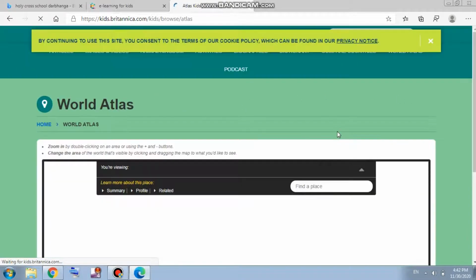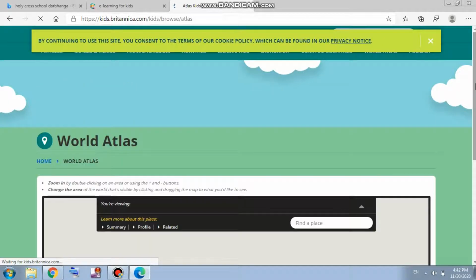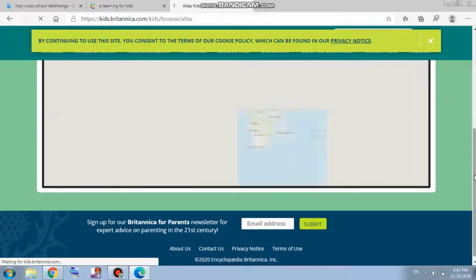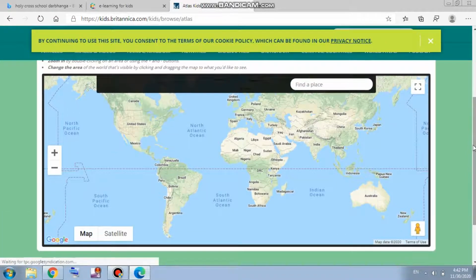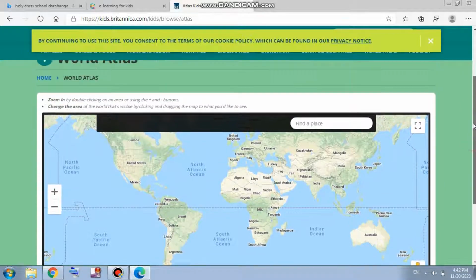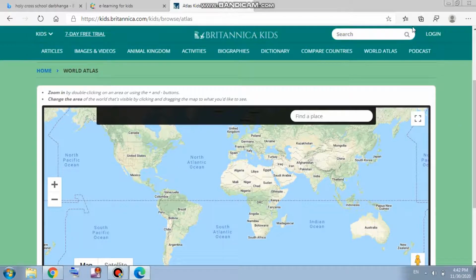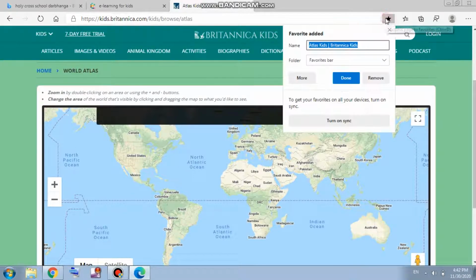Now I am going to add this page also as my favorite page. Now see, this is how that page looks. Here the atlas is present, and I want to add this page as my favorite. So for that we will again go to the favorites, and we will click, and after clicking the name and folder will be asked, and then we will click on done.